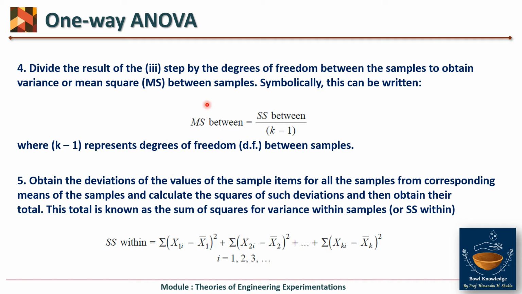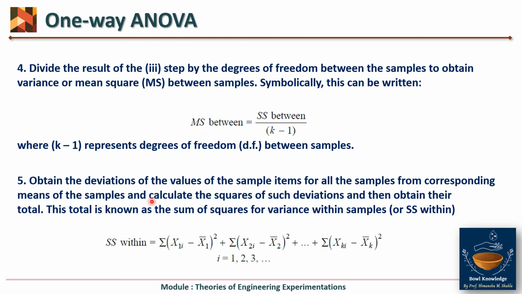So this is to calculate the mean of squares. What was that? Sum of squares. Now how do you convert any sum into a mean? You divide the sum by the number of items. So dividing by degrees of freedom, we can find the mean of squares between samples. Then talking about within sample.